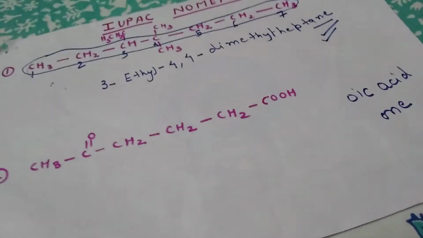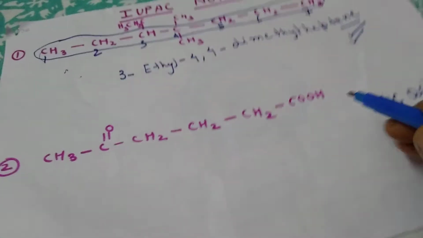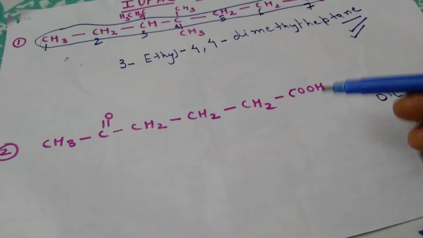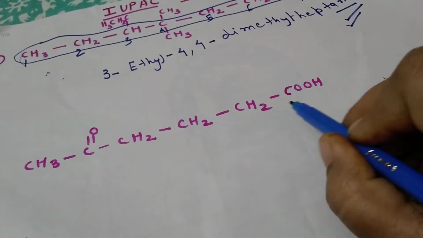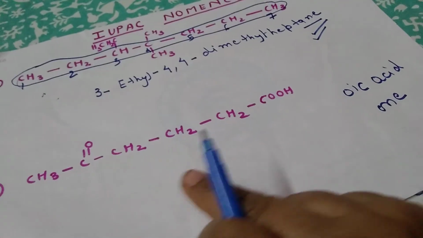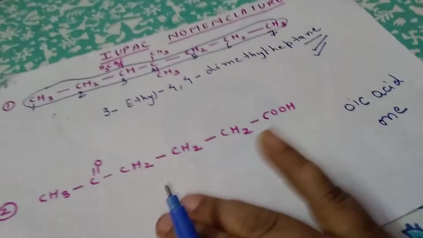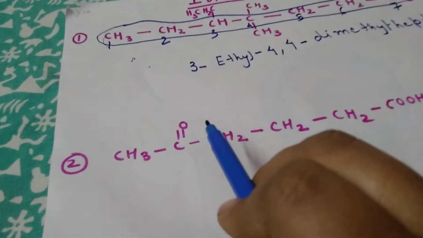But here two groups are there. So students, there is a sequence in chemistry which gives the order of functional groups, which will come first and which we will give more preference. In that, first one is your COOH. This is the highest or most preferred group among all functional groups. First COOH is there, then SO3H, like that, then CHO, and other sequence is there. In the sequence, the COOH group gets more preference than CO. Our name ends with COOH.